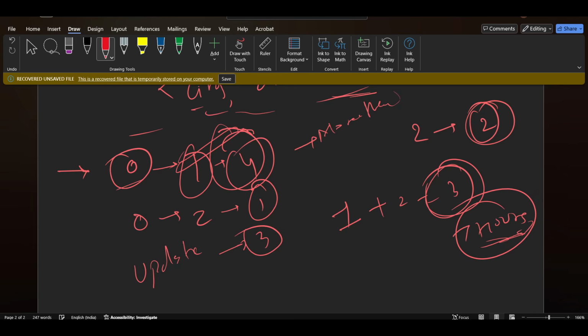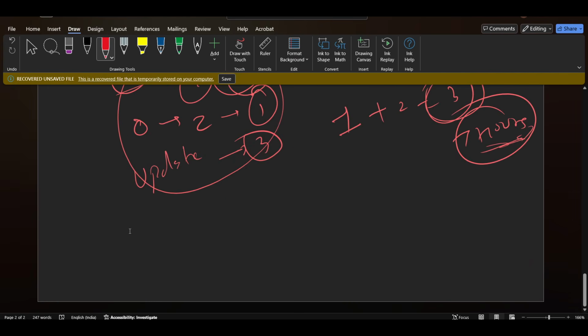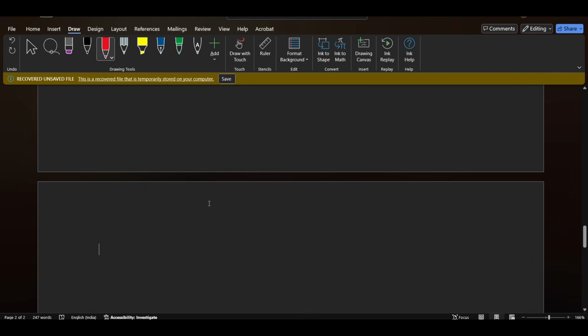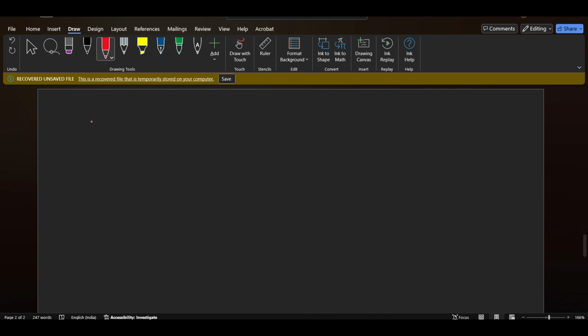Okay, we will update here 3, because from this path we got 3. Let's understand it again, it will just make your whole question clear. So suppose we are currently talking about only this. Okay, 0 to 1 is 4, 0 to 2 is 1, and from 2 to 1 it's 2.